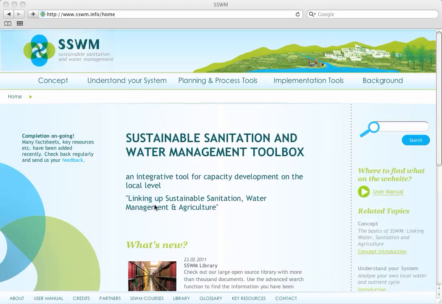Welcome to the Sustainable Sanitation and Water Management Toolbox. This tutorial is divided into two parts, a more general introductory part, this one here, and one explaining how to actually use the toolbox. This tutorial explains what the toolbox is, whom it is for, and how you can use